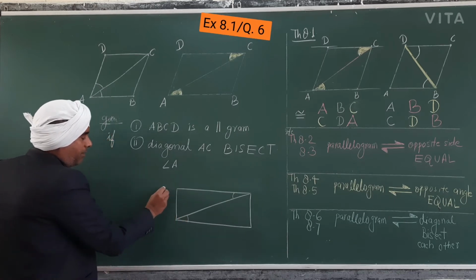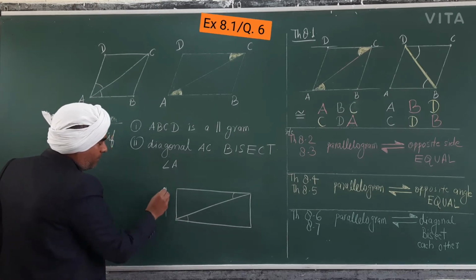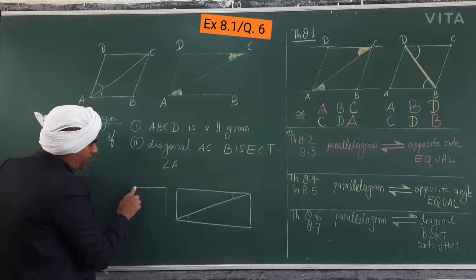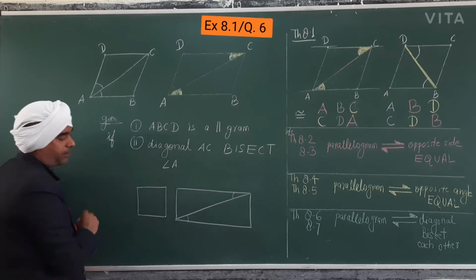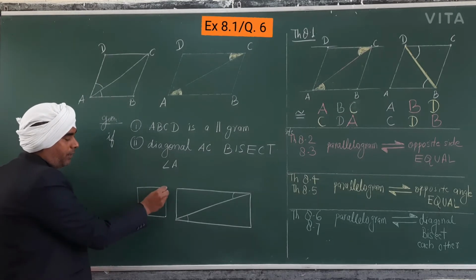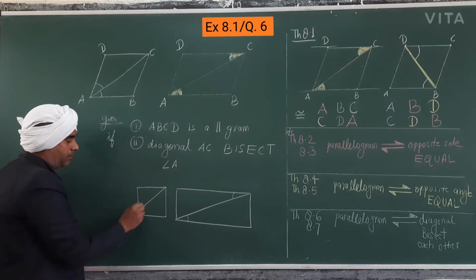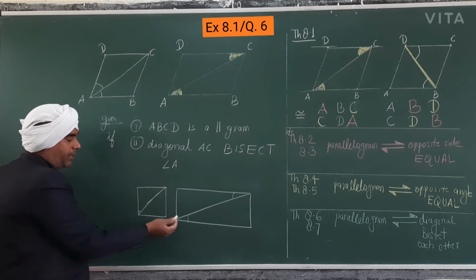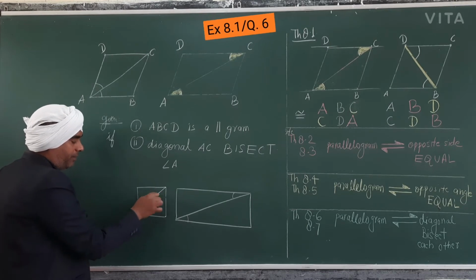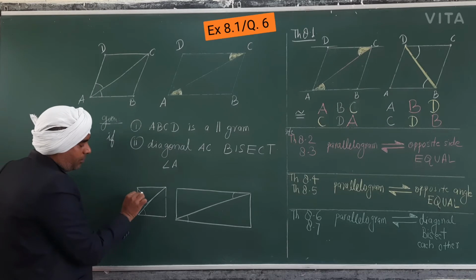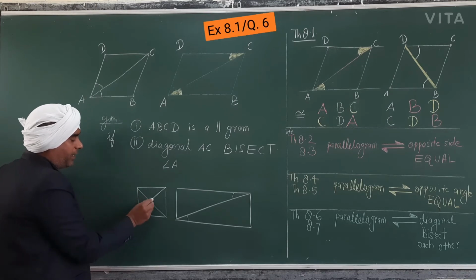But if this will bisect, you know, this is not a question, but I am telling you, in a square what happens when you draw it? Yes, when you draw it, this is half. At this time this is not half, but this is half. This half is equal to this, 45, 45, and this is also bisected, 45, 45, and diagonals bisect at right angle.